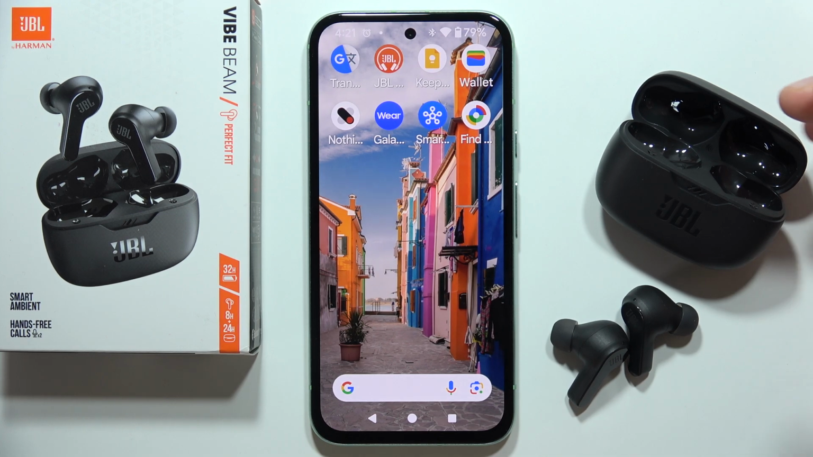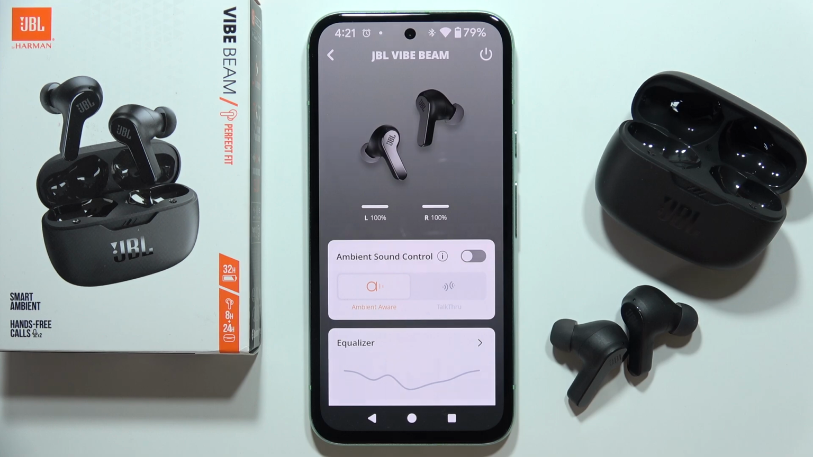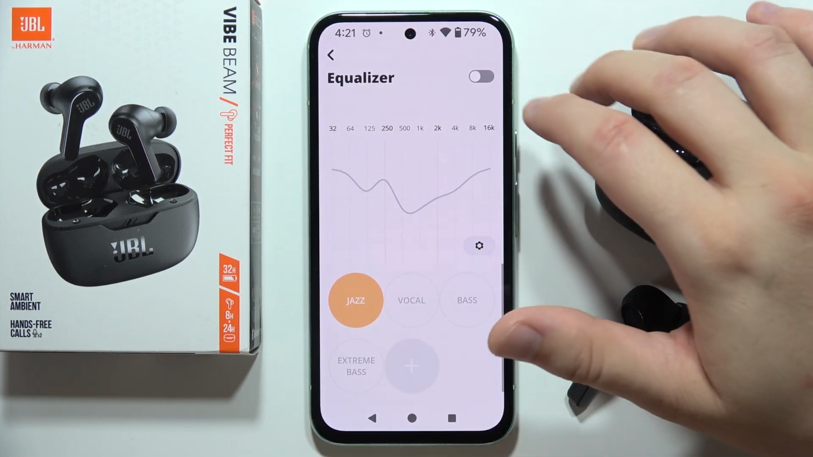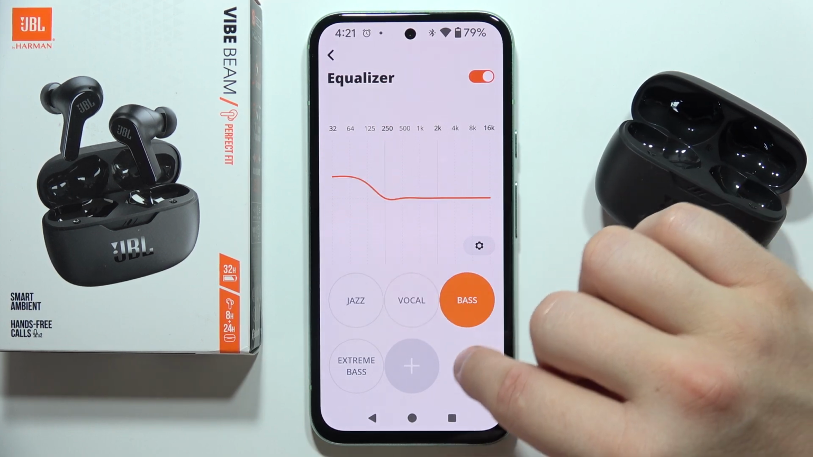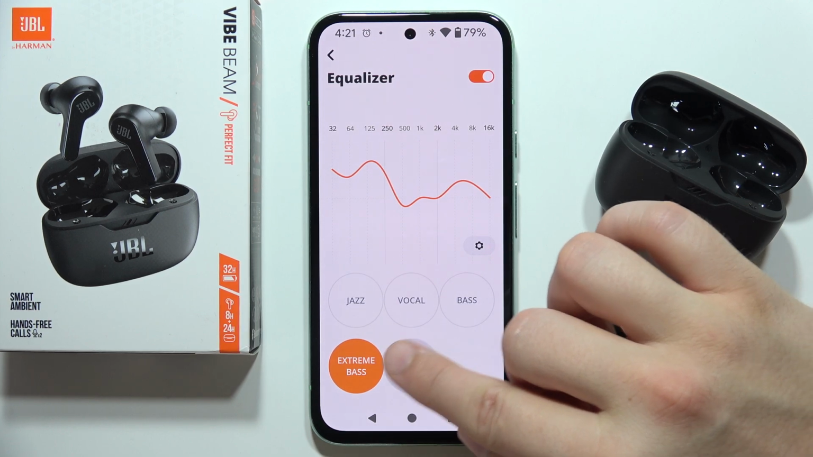Hey, to use Equalizer on the JBL Vibe Beam, first of all you will have to open the JBL headphones application. Next you will have to go for the Equalizer, and now to turn it on, click on the switcher. As you can see, we can find four default presets, but also we can create custom preset by tapping on